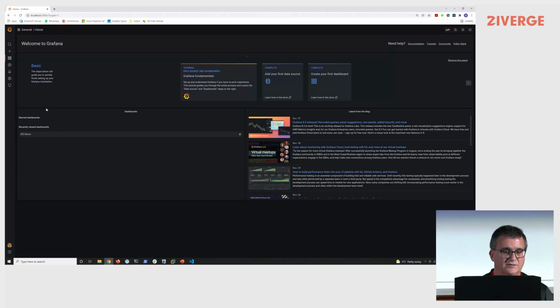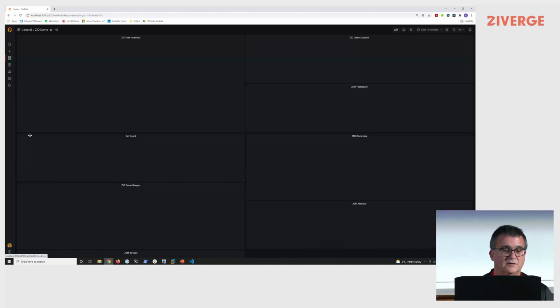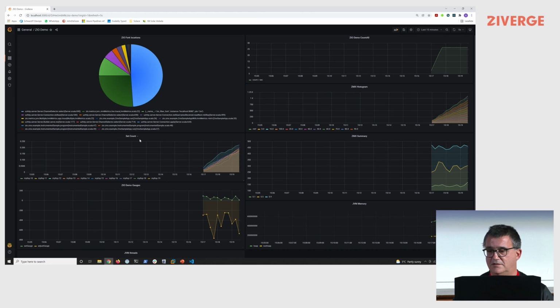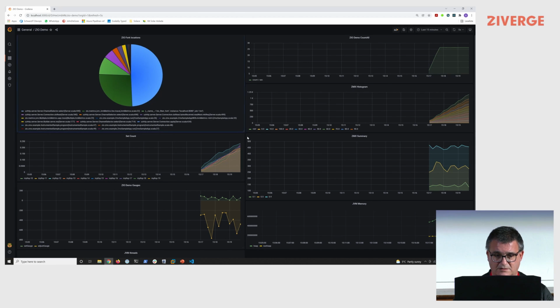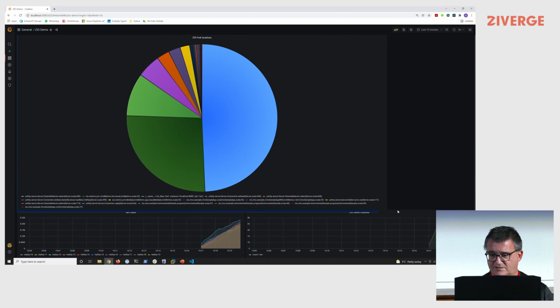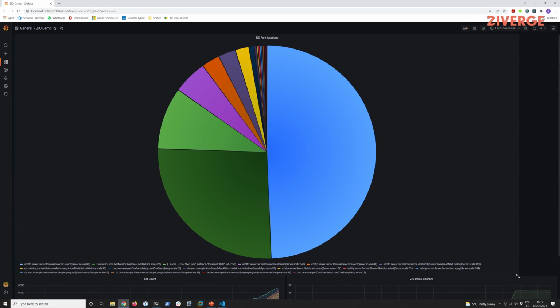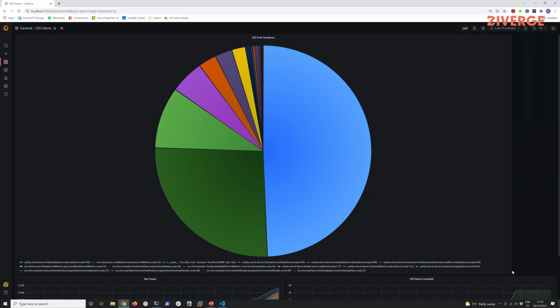So this is my Grafana instance. And here we have some incoming metrics. Let me make this a little bit bigger up here. Unfortunately the font size is a little bit small, but what you see here is the representation of our fork location